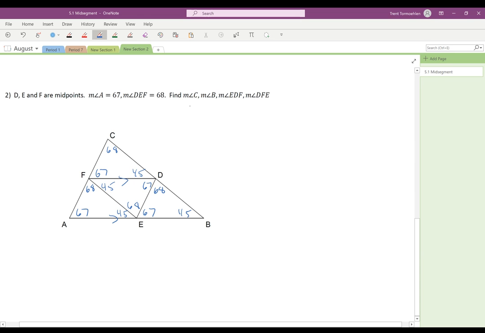So angle C turned out to be 68 degrees. Angle B turned out to be 45. EDF turned out to be 67 degrees. And DFE turned out to be 45 degrees. And so that's how you can use the fact that you have parallel lines or that these triangles are congruent, like I showed you, to solve